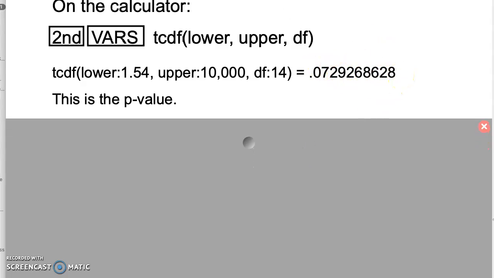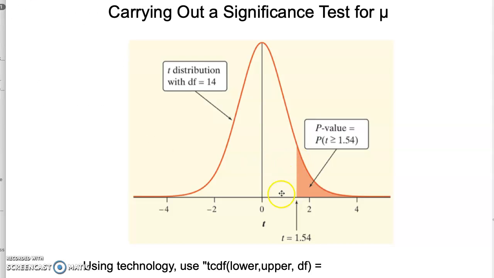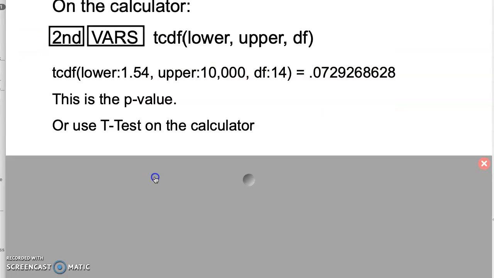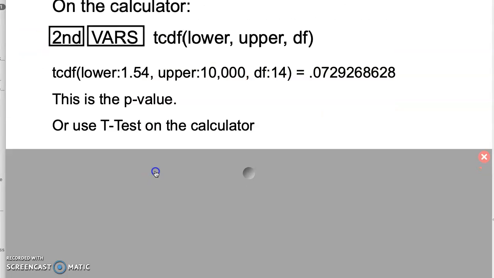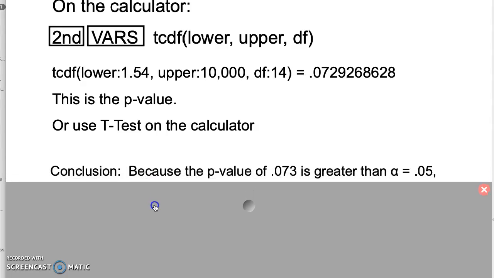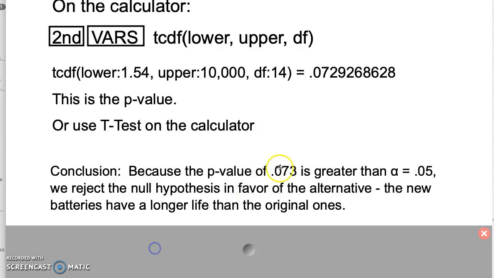All right, so actually going back here, I was wrong about this, so this makes sense. We can see that it's not that unlikely. Or use t-test on the calculator, and in this case we would enter the data and let the calculator do all the work. Conclusion: because the p-value of 0.073, I rounded, is greater than alpha equals 0.05,